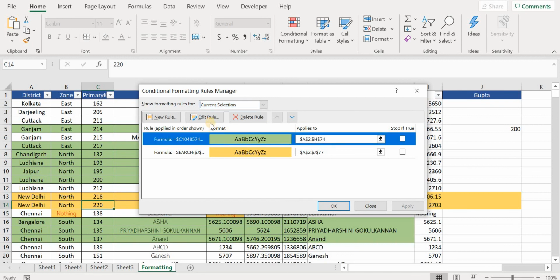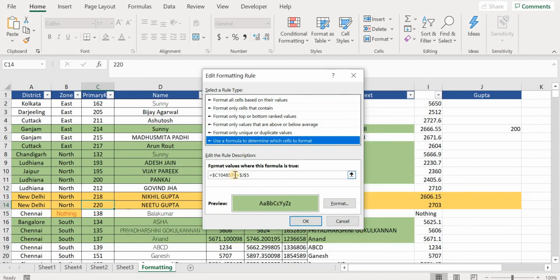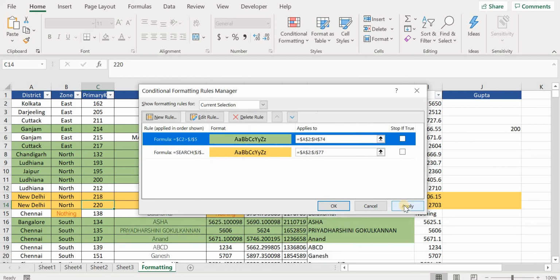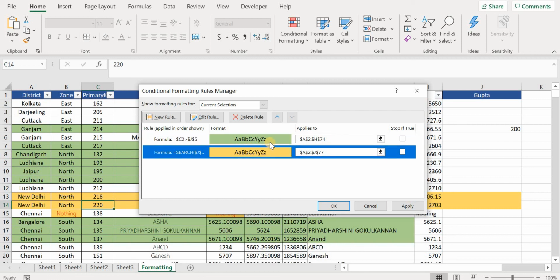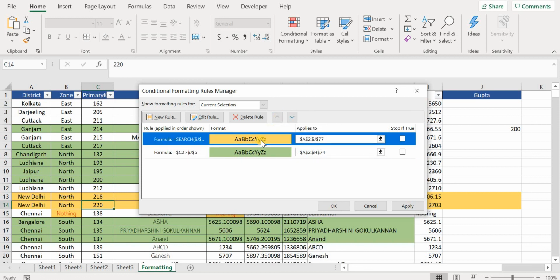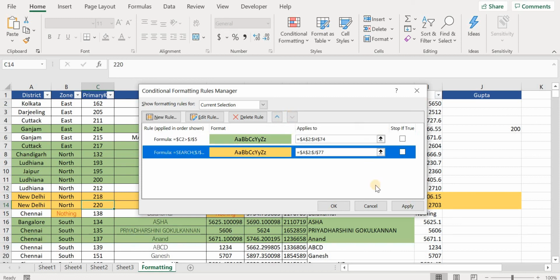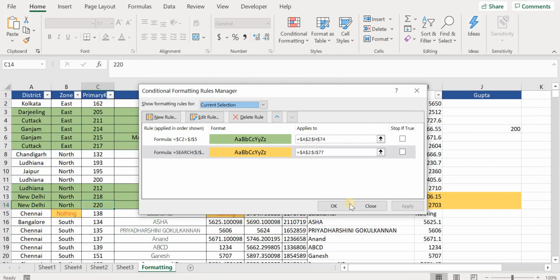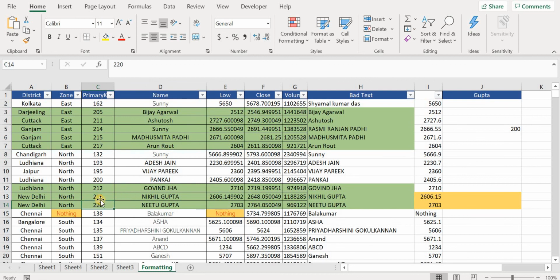To rectify this issue, where I would want that if it is greater than 200, then the green cell should be highlighted, just come to conditional format, manage rules. Here, if you see, automatically for some reason it has been changed to the maximum cell. So just come here and write C2. Press OK. And just ensure the green line is above the yellow line. If not, just come and press upward. So now this is given first preference, but suppose I don't want this given first preference, I will move it down and click on apply. When you do that, see, automatically this is being taken over.